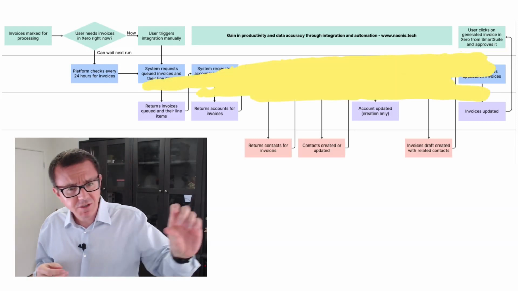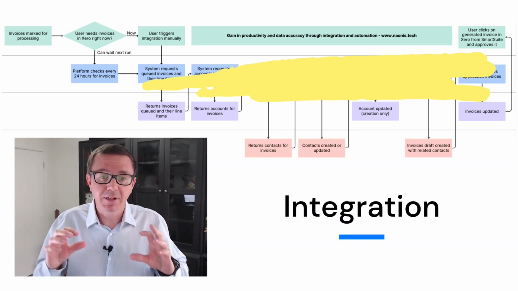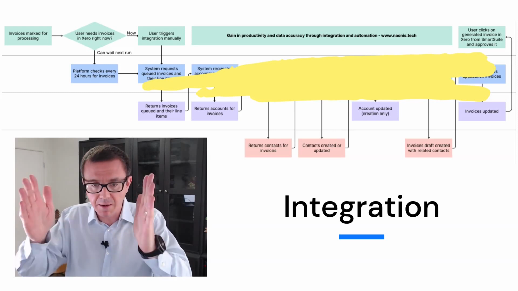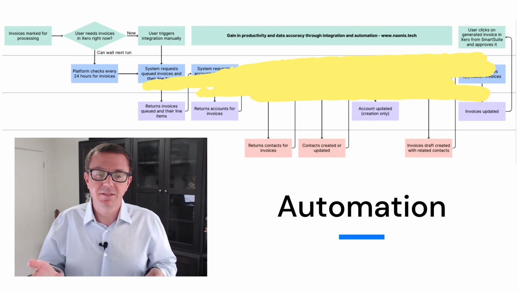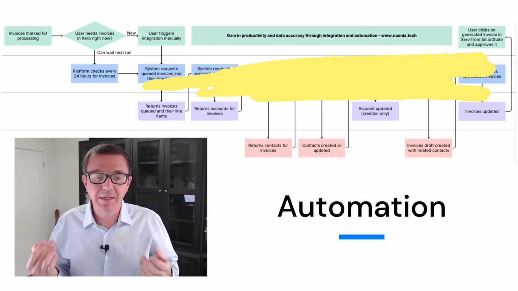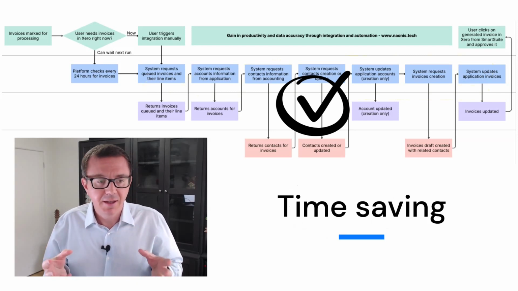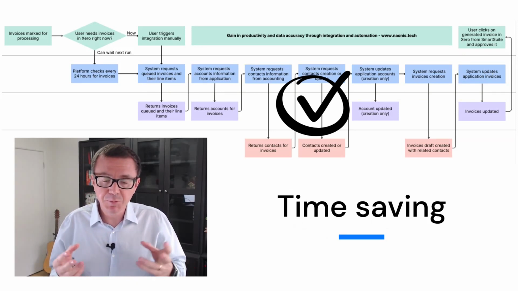Now we can see on the first row, there is a big line that says gain in productivity and data accuracy through integration and automation. So all those steps that are below that line are actually completed automatically by the system in a real-time and immediate manner. So that's all the time saving for every single invoice